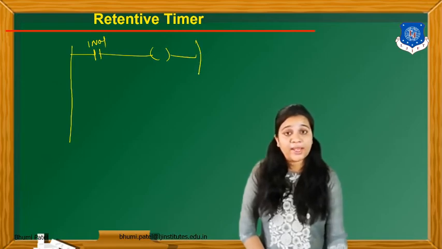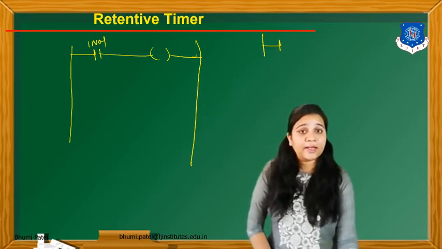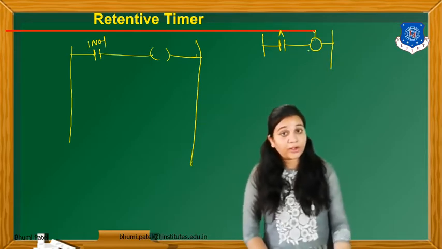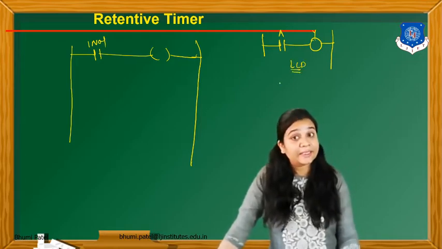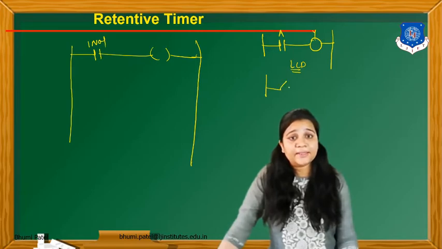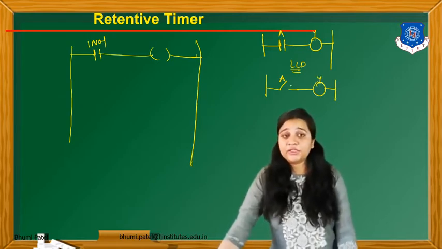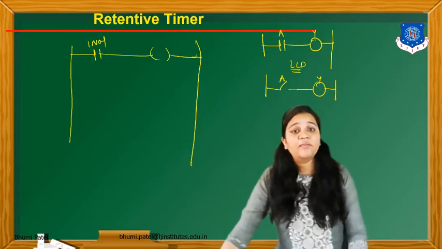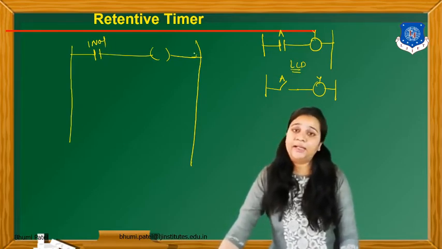Okay. Now as you studied in chapter number 3, whenever we draw the ladder diagram, the format is like this: input A and we can get the output. This is a simple one input, one output program, but this is my ladder logic diagram format. If we draw the relay logic diagram, we can connect like this, if you remember. This is my A input and this is my output Y. Whenever the relay is closed, we can get the output. Whenever the relay is open, we cannot get the output.